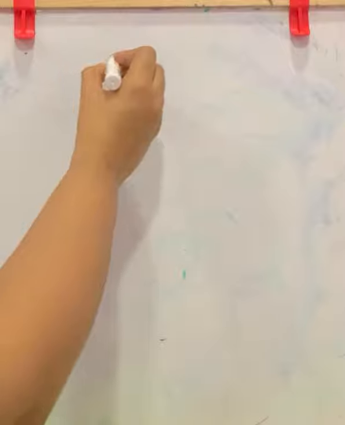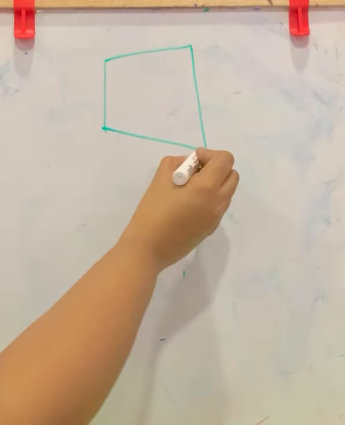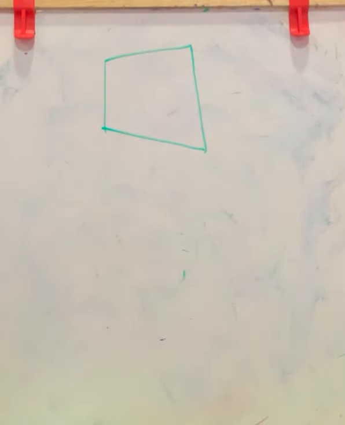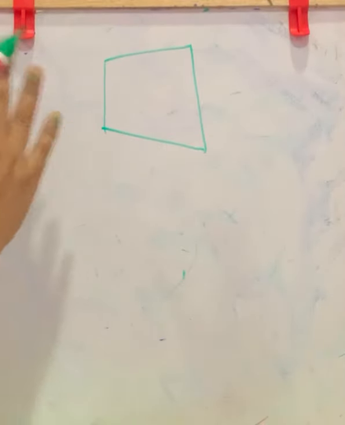Next question, how many diagonals does each of the following have? First one, a convex quadrilateral. A quadrilateral has 4 sides and 4 vertices. So let us draw a quadrilateral. This is a quadrilateral and it should be convex. Convex means all the diagonals must be inside the polygon. So here this is a convex quadrilateral.